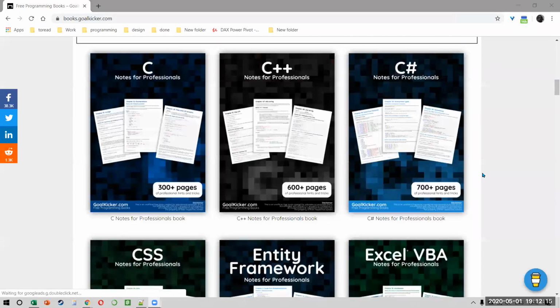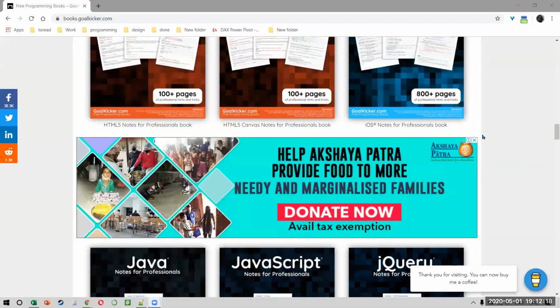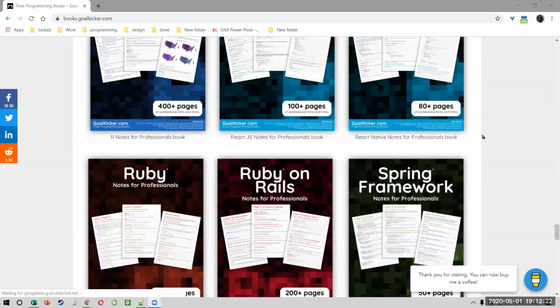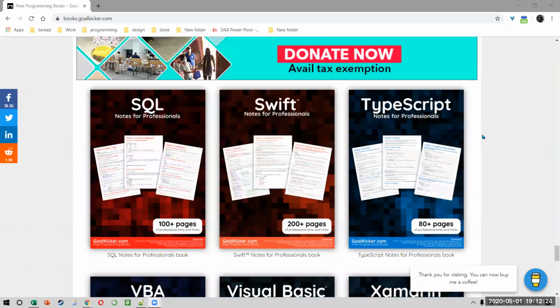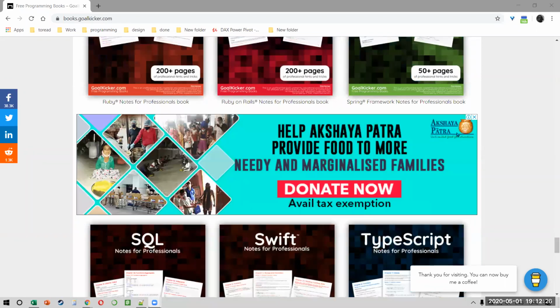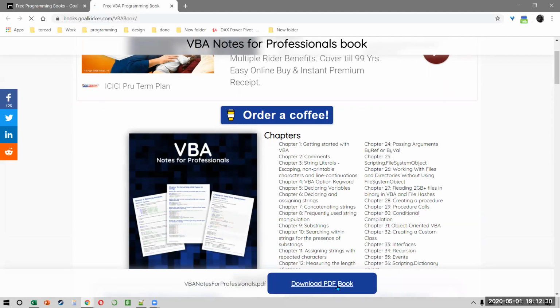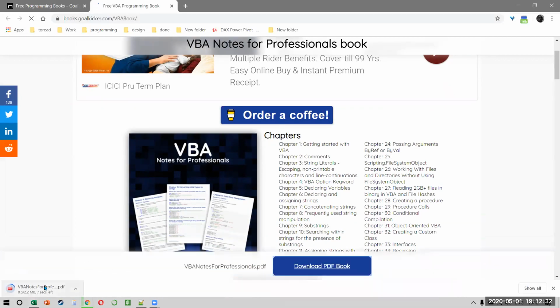So I want to pick up the one that is for Visual Basic. Now do remember it's a fairly complicated book. This book has been created from the website that I showed you, Stack Overflow.